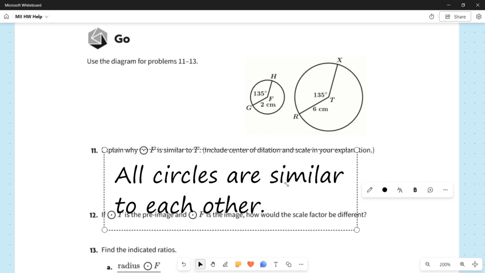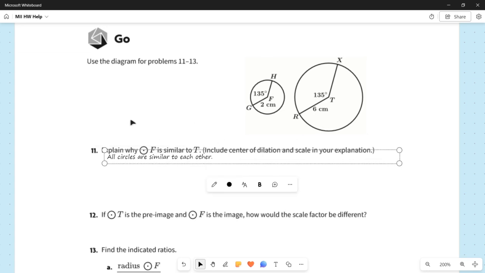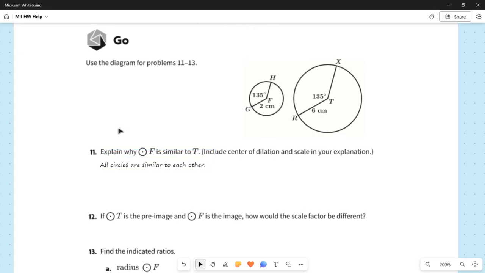And that would actually be sufficient. So if we didn't have to talk about center of dilation and scale and all that other stuff, and was just saying explain why these two circles are similar, well, all circles are similar to every other circle. It's kind of a pretty, I think, unique property to circles, quasi-unique. So that's all we would need to say without our little parenthetical here. But they want us to talk about